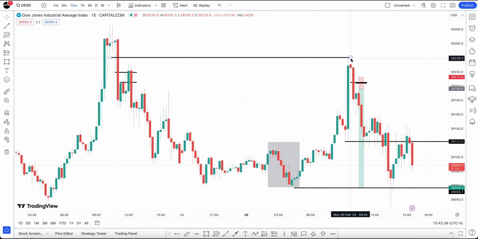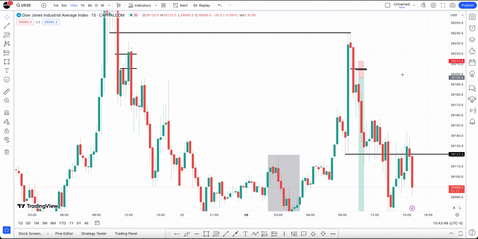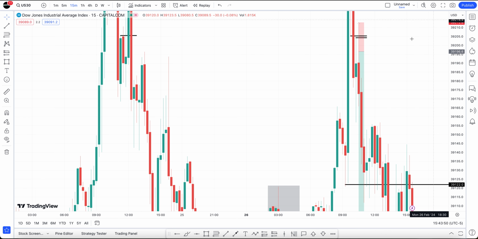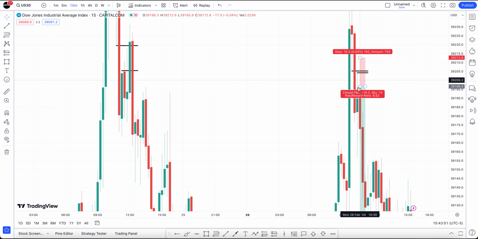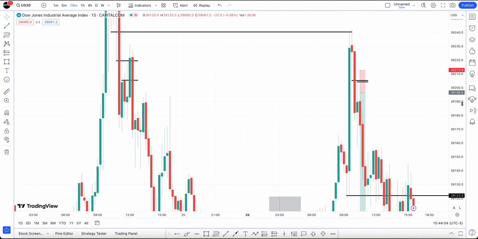Now I'm not taking an entry here, this is just my confirmation, right? And then I'm looking for a fair value gap down, which we get there. It's super tiny, but it is one. And then after this candle, after 10:15, we're now looking for entries, because after this candle closes, I know, okay, we've got a fair value gap down. We saw the action of that order block,